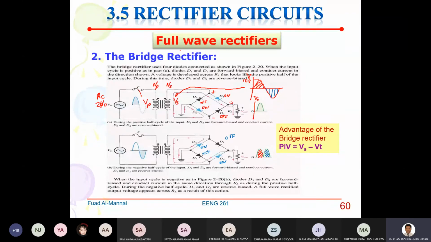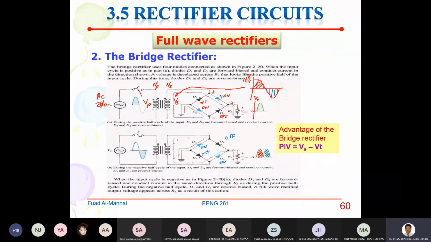Okay, full wave rectifier. The advantage of this rectifier is that when you go to calculate your PIV, it will be equal to Vs minus Vt or minus Vd. Okay, which is the Vs over here minus Vd or Vt. So this is full wave rectifier, which is called the bridge rectifier, and the bridge rectifier is designed as